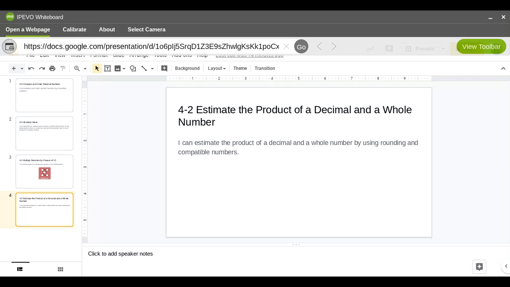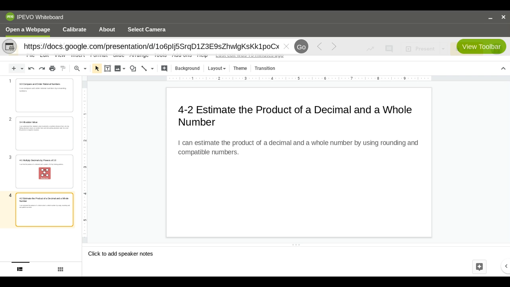So today we're going to continue to take a look at our work with multiplying decimals and whole numbers within this topic. In 4-1, we looked at using patterns of 10 to find a solution. Today we're going to be looking at how to estimate products of decimals and whole numbers. So your learning target is I can estimate the product of a decimal and a whole number by using rounding